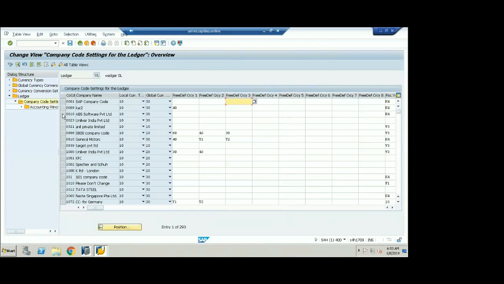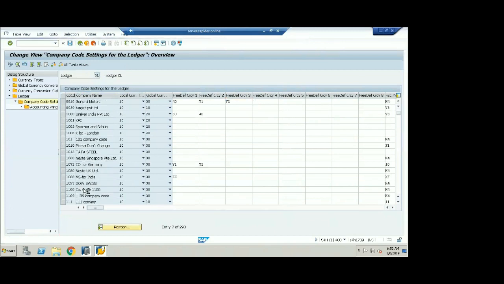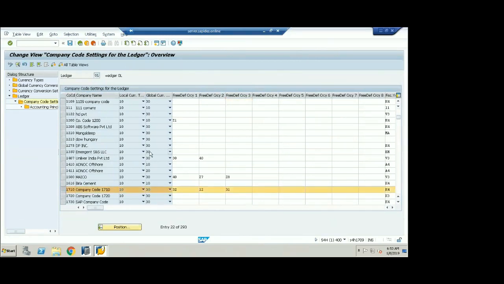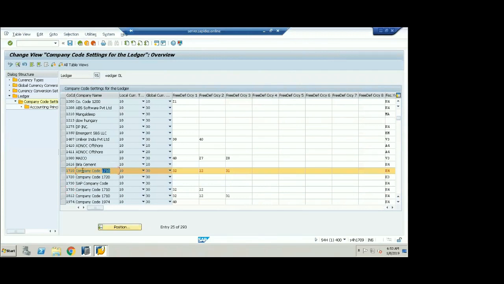If I take one company code, for example the default company code, and one more thing, my dear friends, there is an SAP best practice company code called the 1710 company code. Don't disturb this company code. This is only for best practice, where you can only take the reference of this company code, but don't do any practicals using it. Don't disturb this company code's settings. Very, very important. This is only for reference purposes. We are creating a new company code and will play like anything in the new company code, but don't disturb this 1710 company code. 1710 is the SAP best practice company code for reference purposes only, please. All the configuration settings are maintained in this company code.